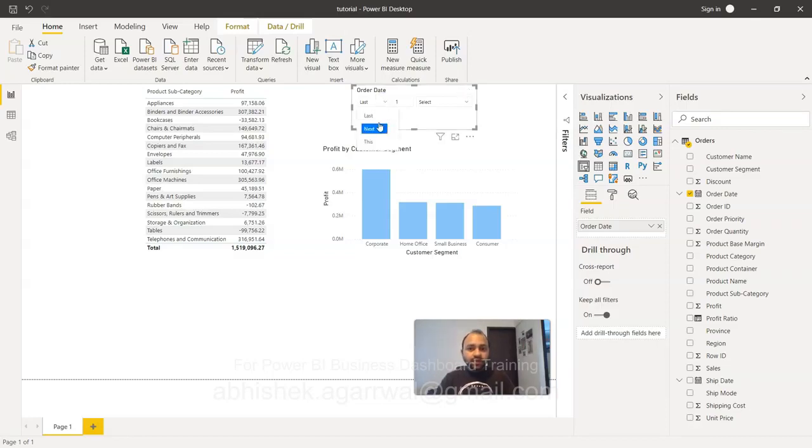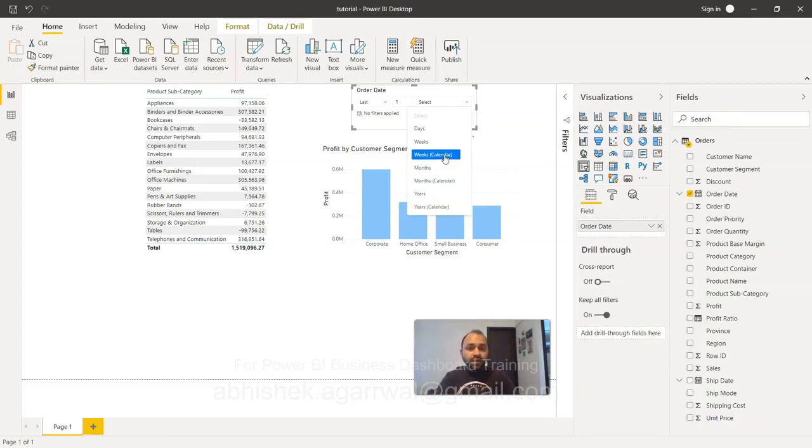So this is what it is: present, last, next, or this. So maybe last 1, we can change the value of 1 to 2 to 3 or anything. So last 1 days, weeks, calendar, month calendar, because there can be a fiscal year as well. So if you have that, then in that case it will be present over here, and by default it provides